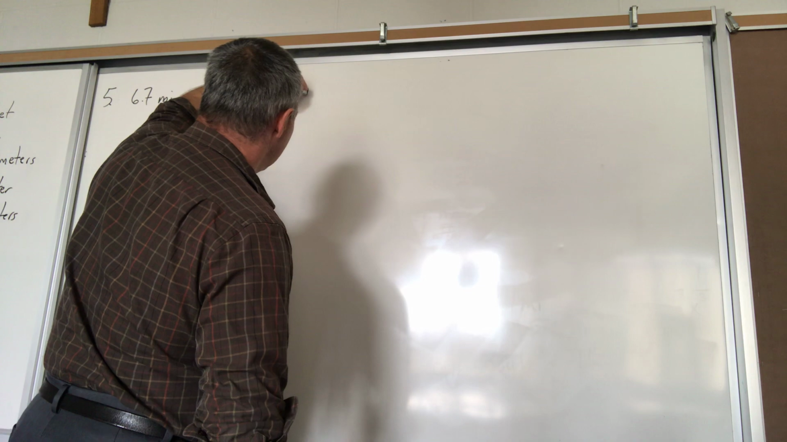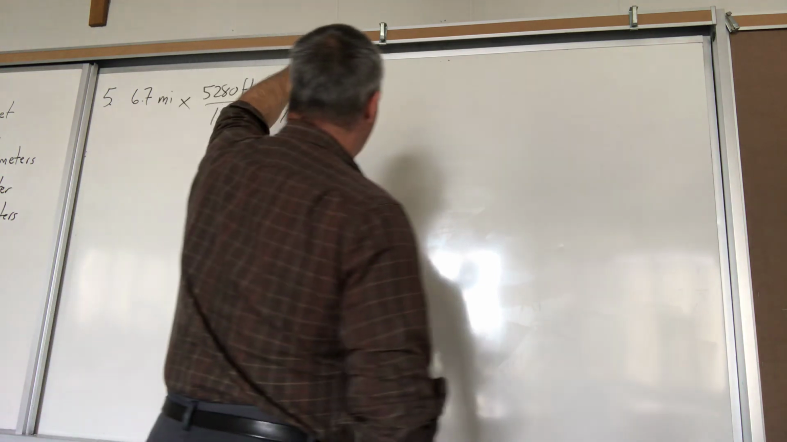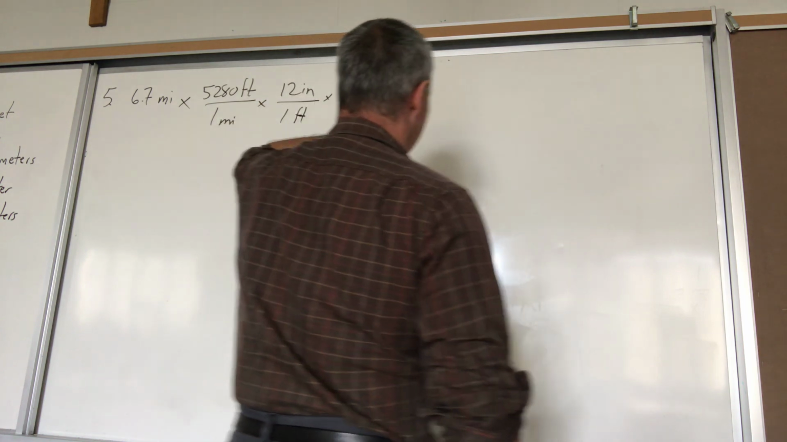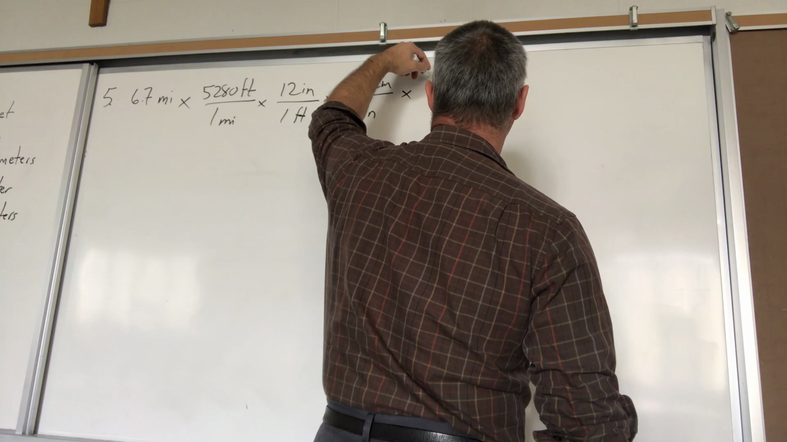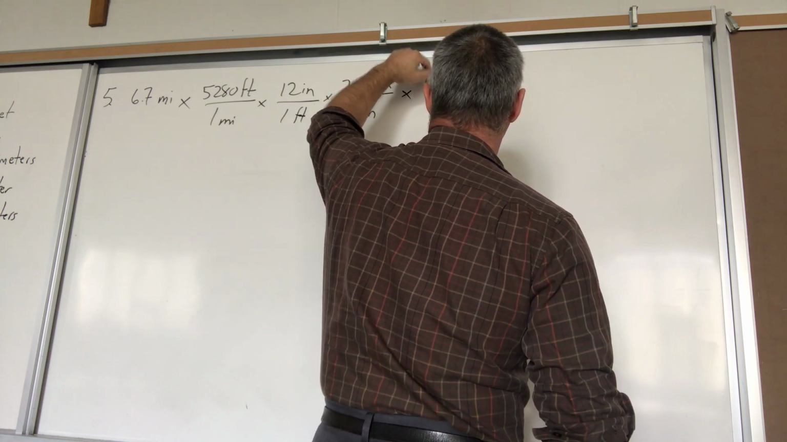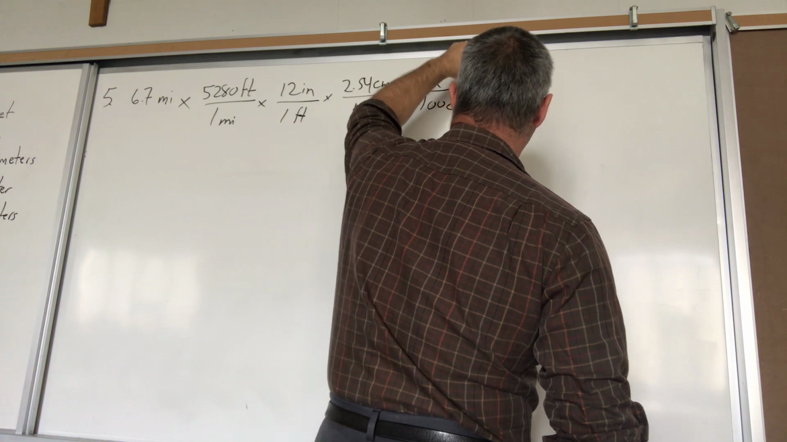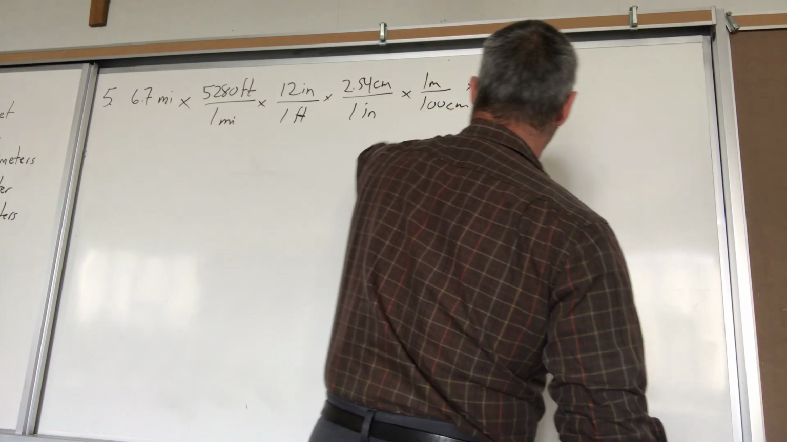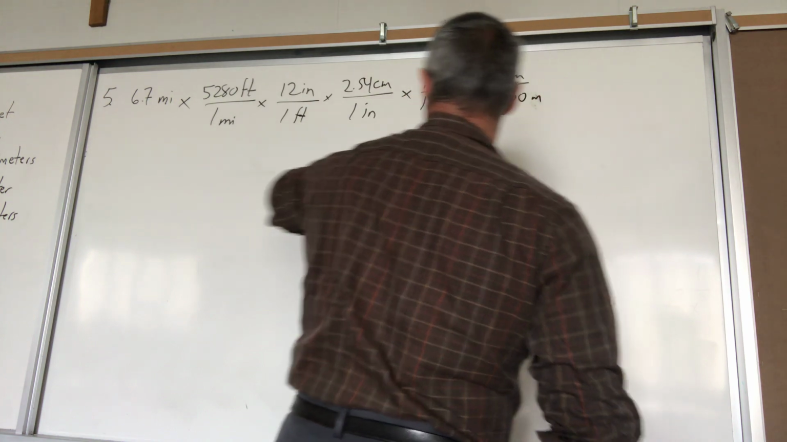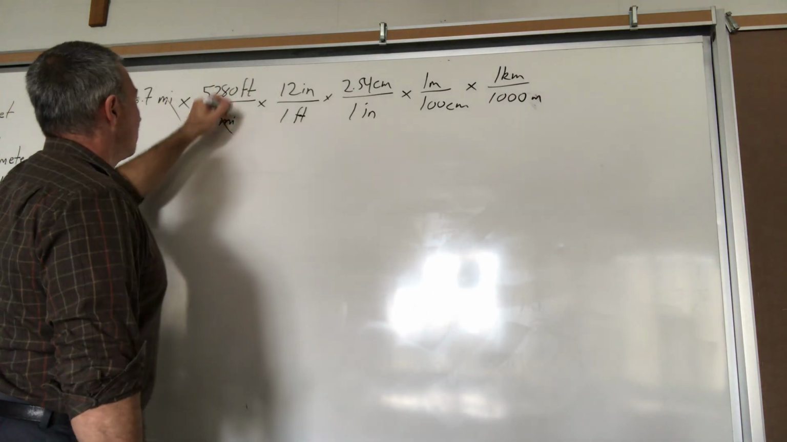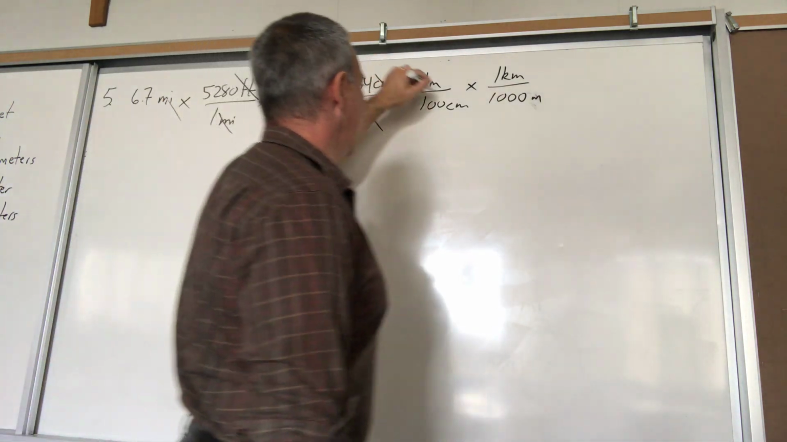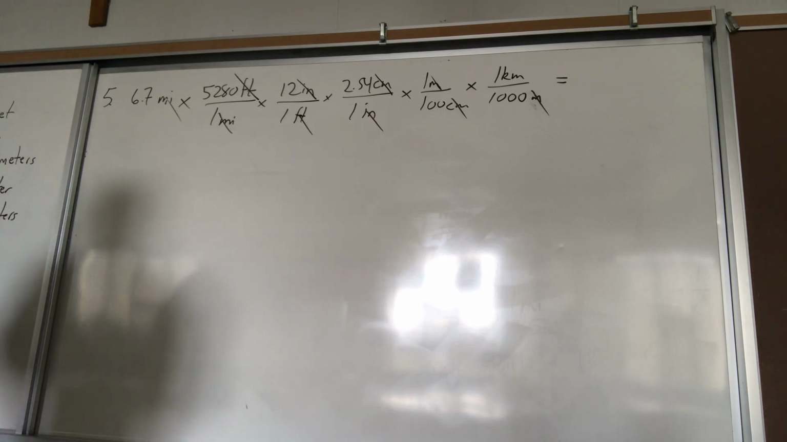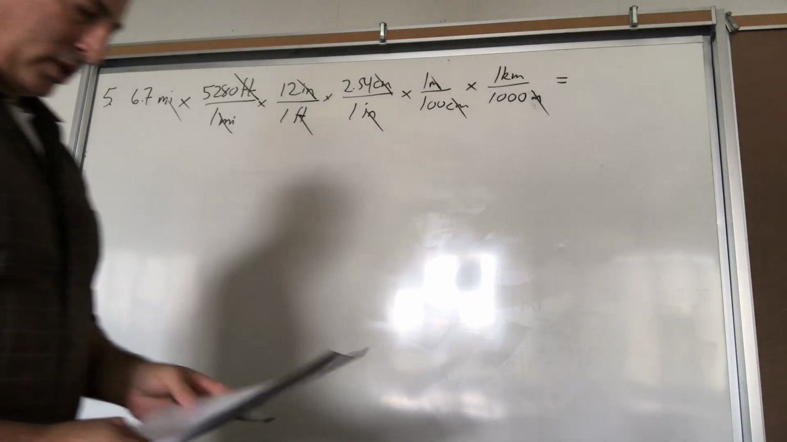There's 12 inches per 1 foot. There are 2.54 centimeters per 1 inch. And now we're going to go back to kilometers, so we're going to say 1 meter per 100 centimeters, and 1 kilometer per 1,000 meters. So miles will cancel, feet will cancel, inches will cancel, centimeters will cancel, meters will cancel. Your answer will be in kilometers, and I have that conveniently written over here,